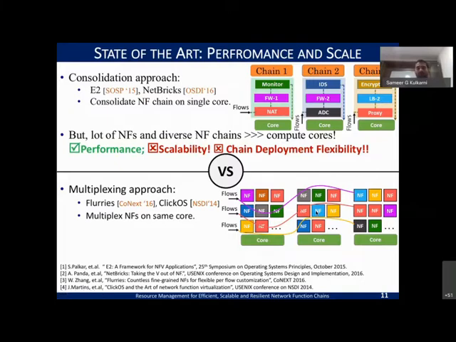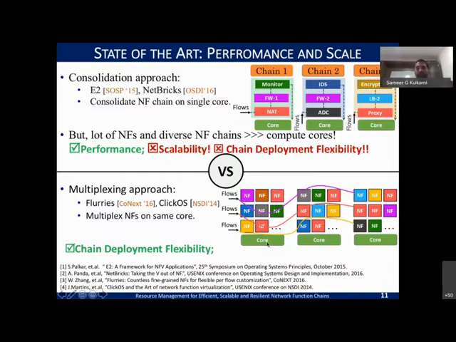So what that means is, although there will be some performance cost, because now you have to traverse through different cores or maybe handle them all on the same core, you will still get the benefit of chain-wide deployment flexibility. Because in the above scenario, if firewall were the major bottleneck, you can scale just the firewall instances as many as you want, while the NAT instance can be single, right?